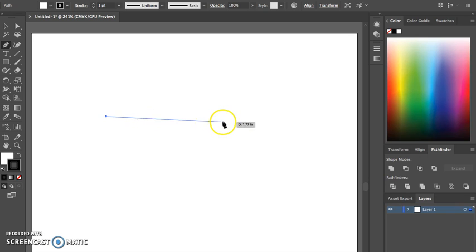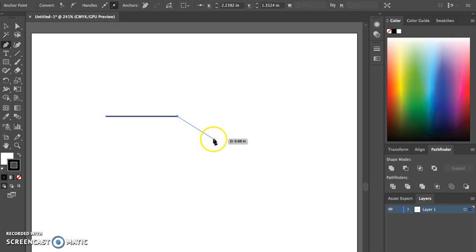I click once, so I've created an anchor point. And when I click a second time, I'm creating another anchor point. And you can keep going on and creating anchor points. However, I'd like to show you how to create a curve using the same strategy. So I'm just going to undo several times by hitting Command Z on a Mac or Control Z on a